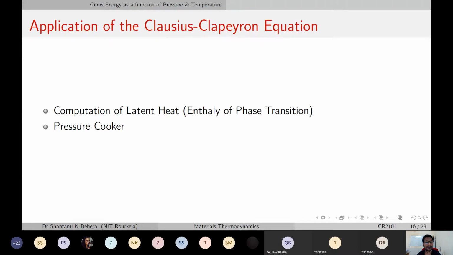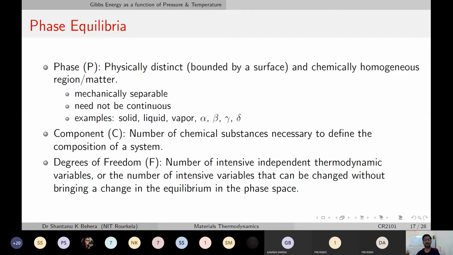Two examples that I gave you are the calculation of latent heat, which is an experimentally determined parameter based on these equations, and of course, the functioning of the pressure cooker, where an increase in the pressure raises the boiling point, and water can be contained at a much higher temperature without boiling, and that helps you cook faster. Right now, having these preliminary information with us,